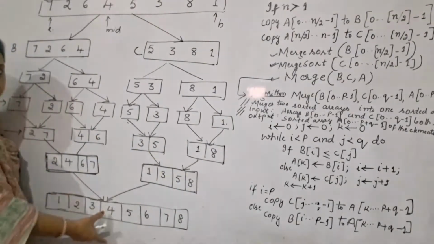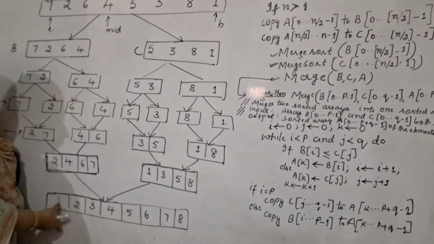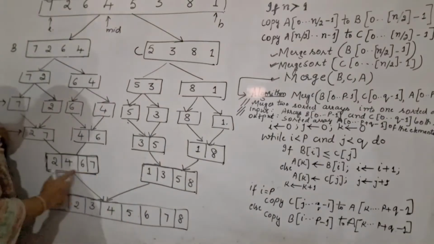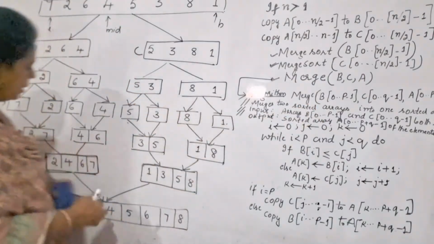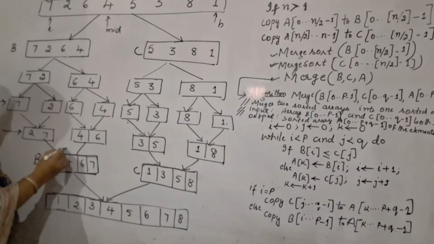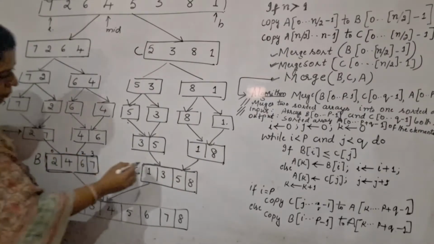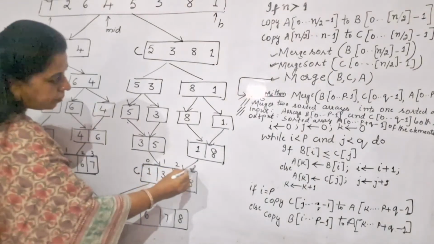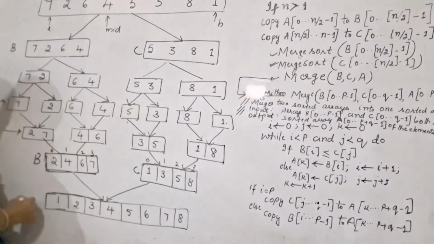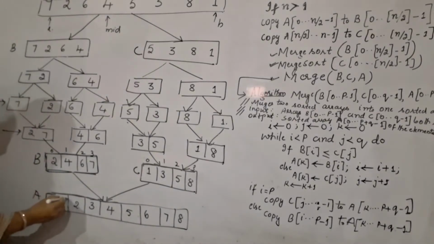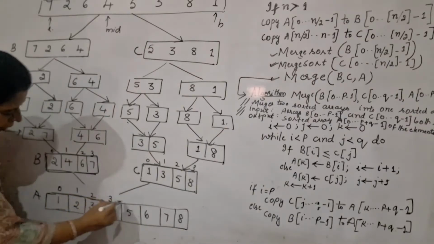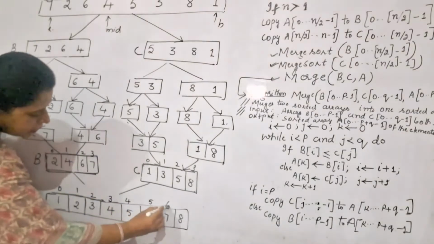Then this 4 and 4 is getting merged, and finally you have all the 8 elements in the sorted form. For the explanation purpose, I will take these two arrays. You have to merge these two. One is B and another is C. So the index values I will write down 0 1 2 3 0 1 2 3. B and C are the input arrays. Output is what? A sorted array A. So this is your sorted array A, which will have the index 0 1 2 3 4 5 6 and 7.